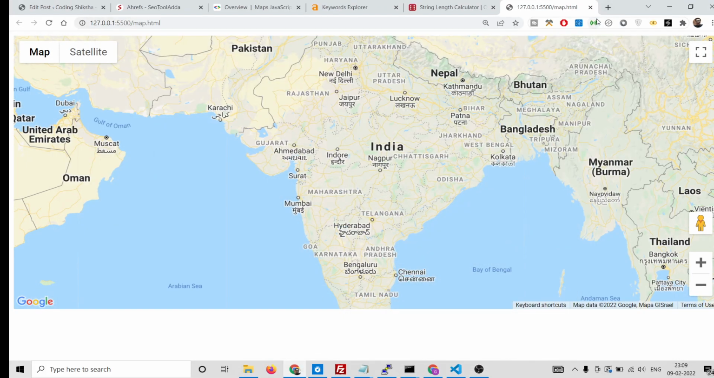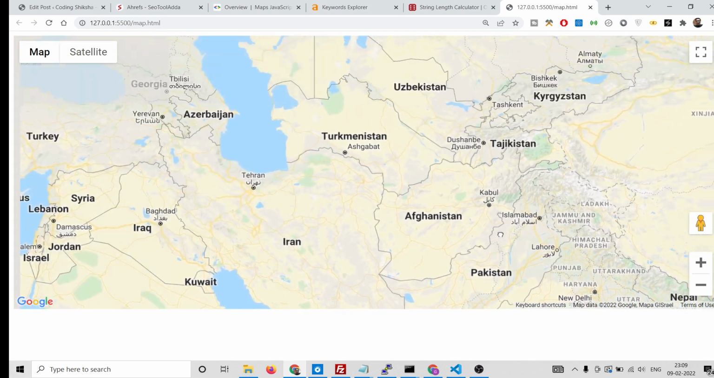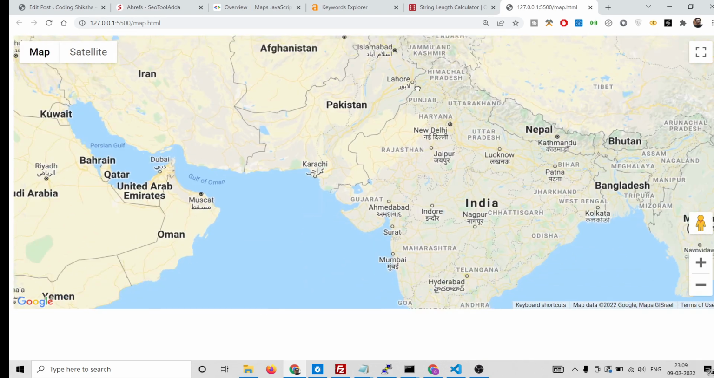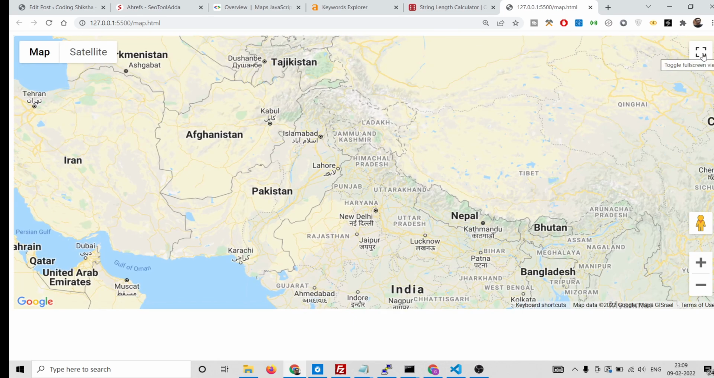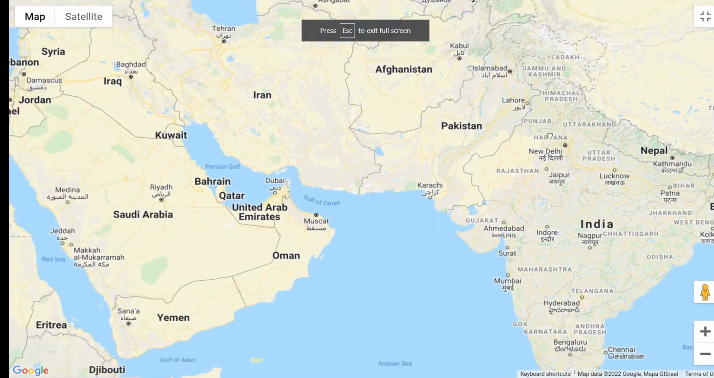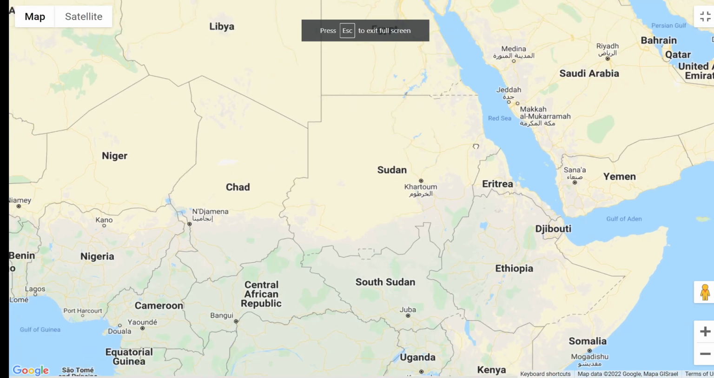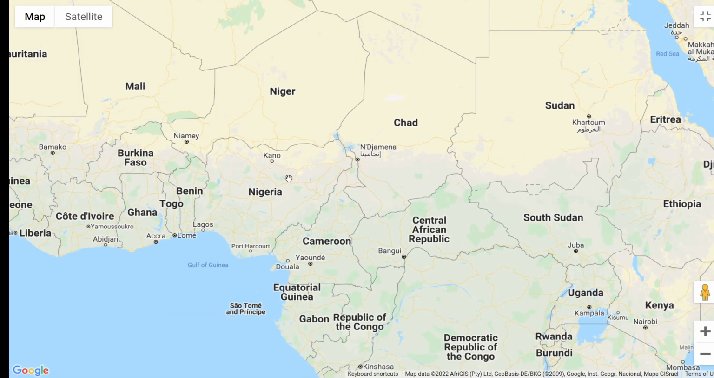Hello friends, today in this tutorial I will be showing you how to add markers and info windows inside your Google Map dynamically while you scroll the Google Map. So you can see that this is a Google Map which is loaded on the screen, and let me go full screen here. So basically if you go to any location inside the Google Map, you can add a red